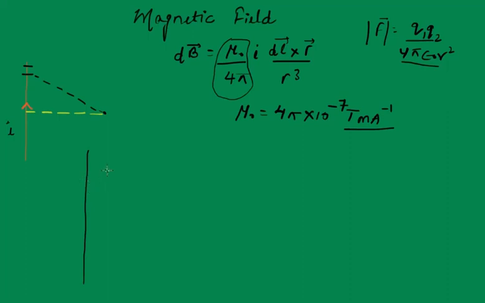But to do that, we first take an element of the wire, right? We take a very small section of the wire, and this section is called the element of the wire. And usually we find the magnetic field because of this element, and then we extend it throughout the entire wire. So that's the process we follow in physics with the help of integration, right?